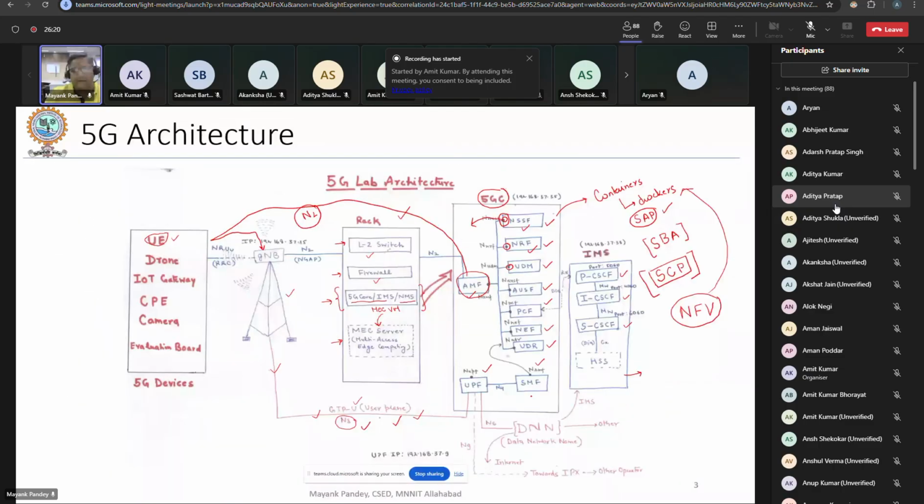So majorly two things. Function management is by AMF and session management by SMF. These two functions handle mobility management and session management. Now, in